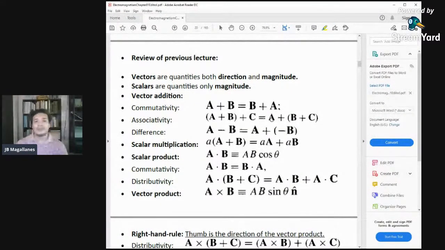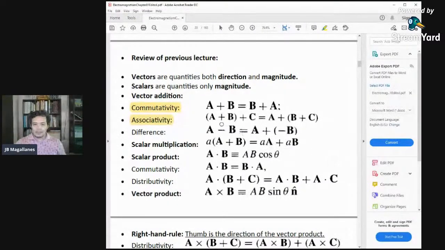So 3 plus 4 is always 7 if you do it in ordinary algebra. But in vectors, the magnitude of the sum would be different depending on the angle between them. And the vector addition is commutative here, meaning you can interchange the order. You have A plus B, this is just equal to B plus A. It's also associative,